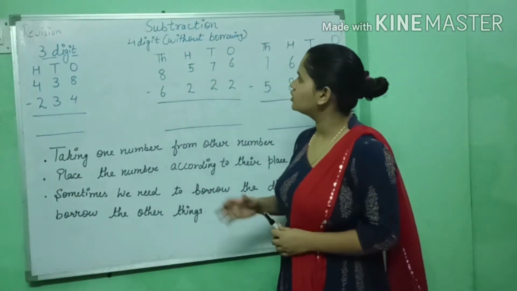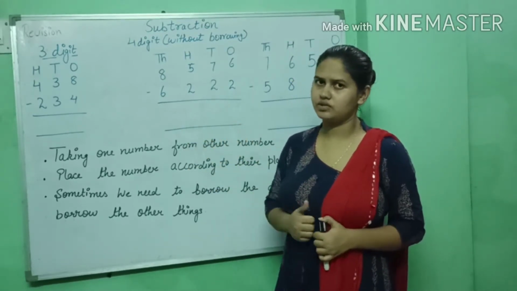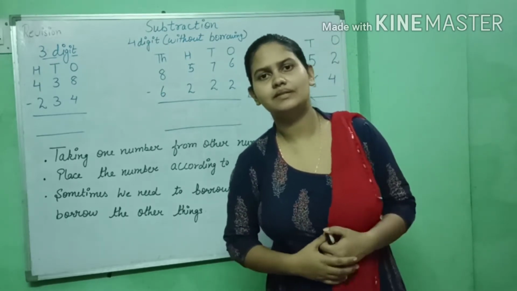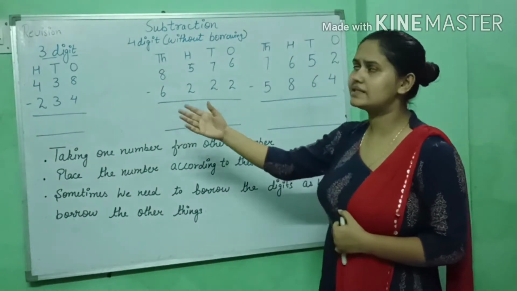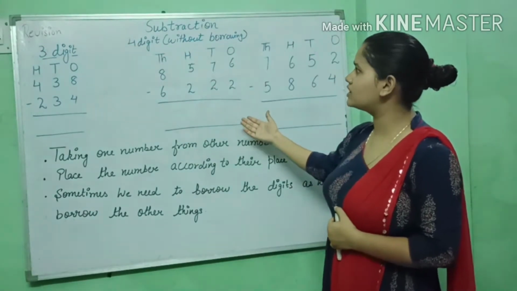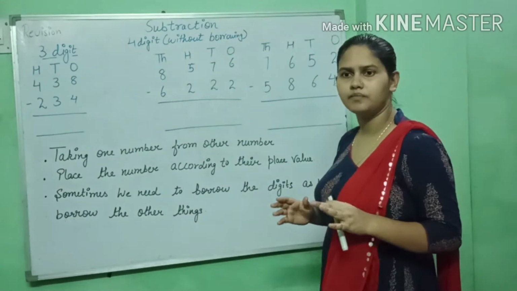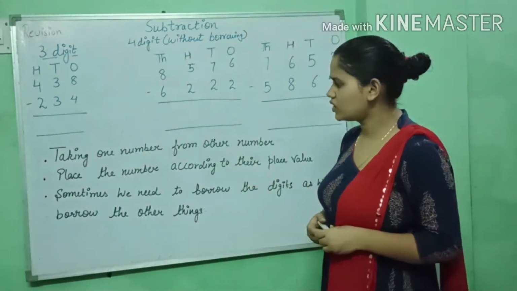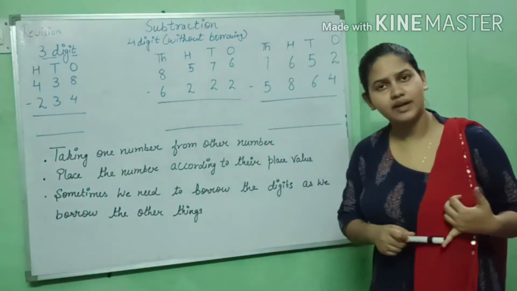So you can see we are going to start a new chapter, which is subtraction, right? Chapter 3. In this chapter we learn some tips, as in addition, and yes, we will do 3-digit number subtraction, and then 4-digit without borrowing, and next we will do the borrowing sums. Okay, so let's go through the points which we have to remember, which are helpful for us, right?